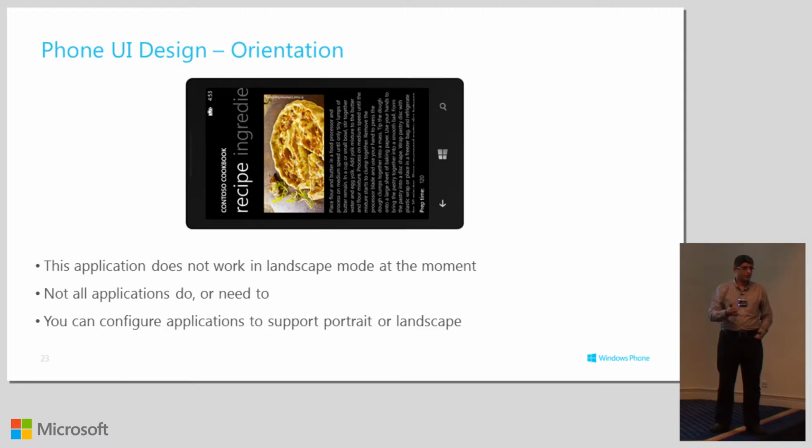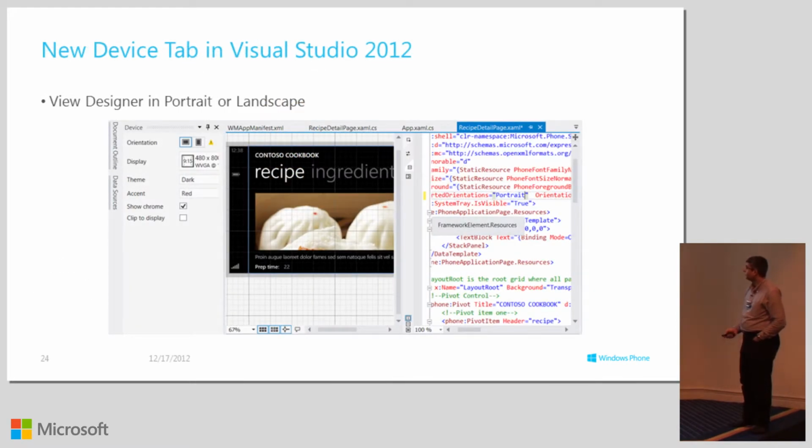There are some applications which will be in landscape; they don't make sense in portrait. There are some which make sense in portrait but do not make sense in landscape. And there are applications which can cater to both. So if your application can cater to any particular orientation, then you should handle both the orientations or stick to one orientation. And the way you do that is